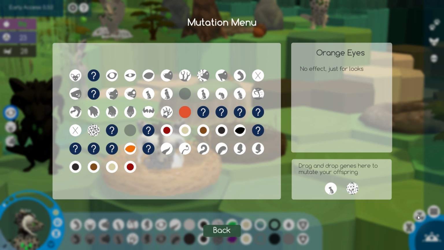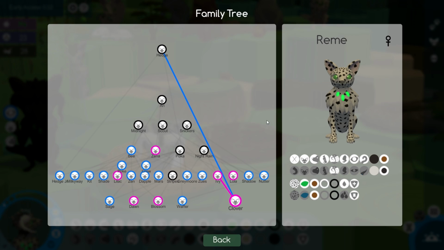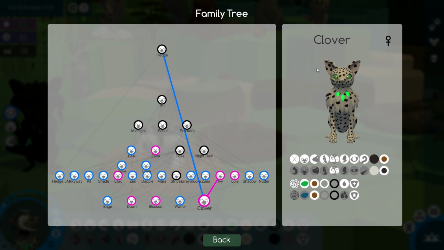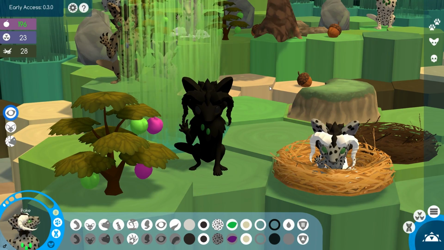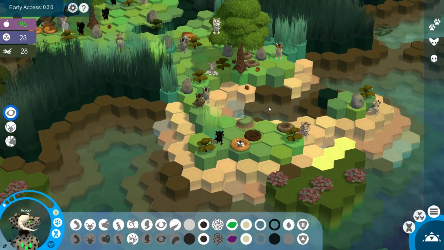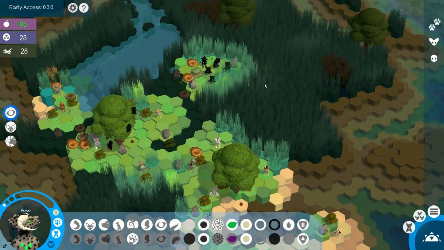And let's take a look at our family tree really quickly. Look at all these creatures. We have a lot of boys, actually. A lot of boys have been born into this family. But I'm having so much fun playing Niche, and let me know what you guys think of this tribe down in the comments below. We're getting close to 200 food, and I think we're definitely going to work on expanding